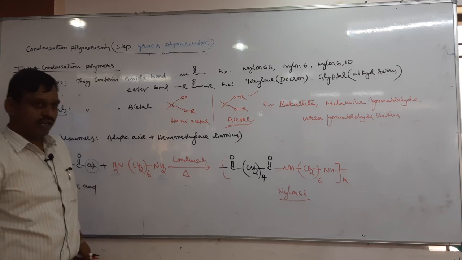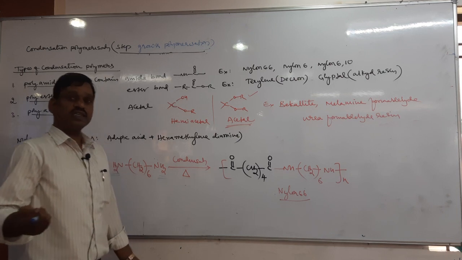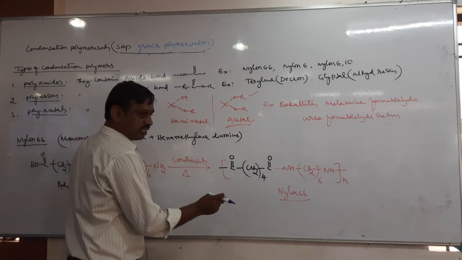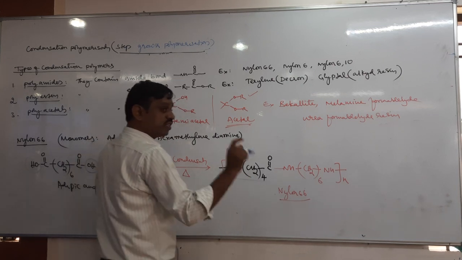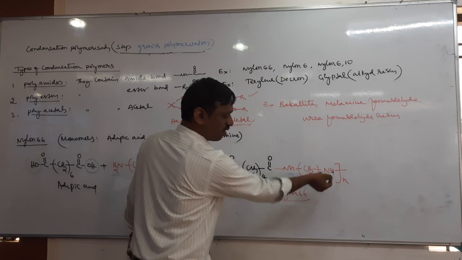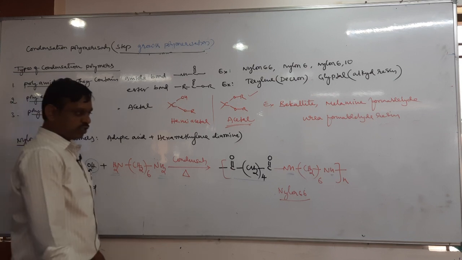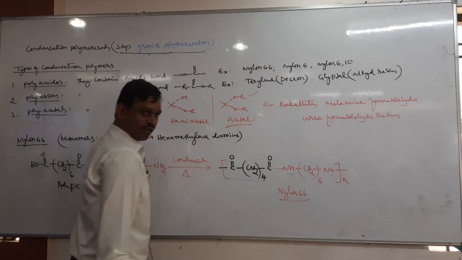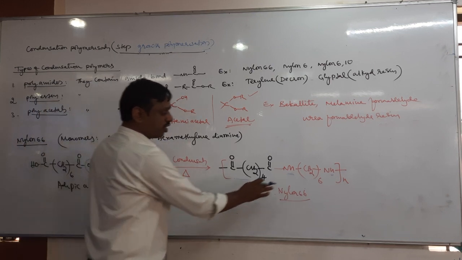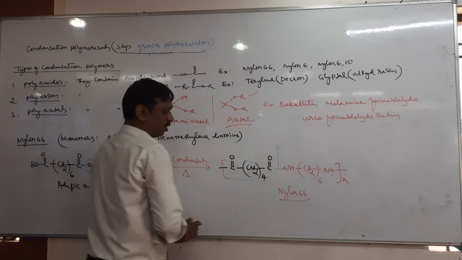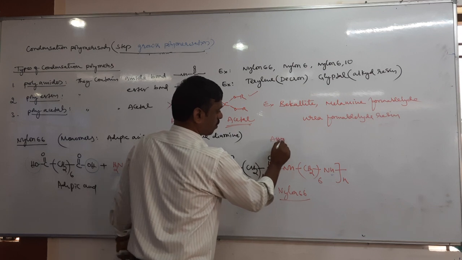To identify nylon 6,6, you need to remember the monomers first, that is adipic acid and hexamethylene diamine. Adipic acid, 6 carbon acid, 4 plus 2, 6 carbons. Hexamethylene diamine. In the question, they do not give you color printing. You have to identify the bond. Here the amide bond is the bond between CO and NH. This is an amide bond.